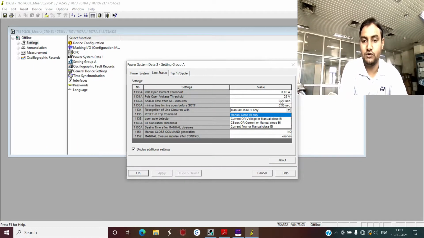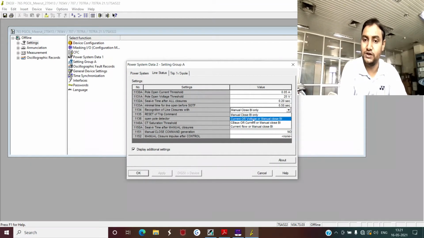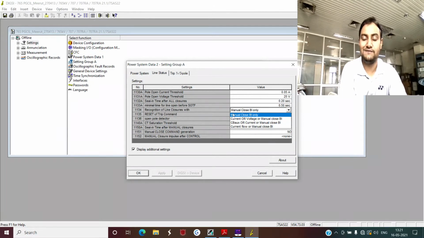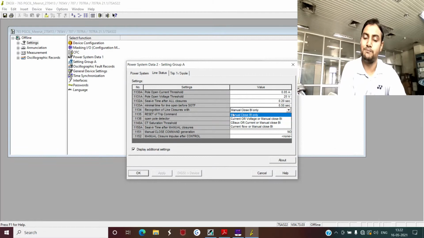Secondly, voltage only. If your voltage reduces in the secondary values to 24 or 23, it will detect it as line open, and once the voltage rises from 25 to suppose 26 or 27, it will again detect a line closure. In these cases, there are chances of incorrect operation of SOTF protection. For example, suppose in some cases your line has very low power flow, so that the current is only 140 ampere or 130 ampere.